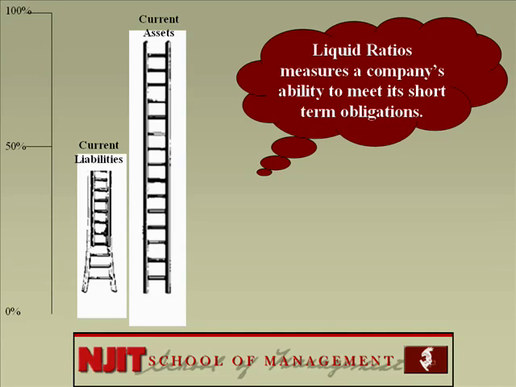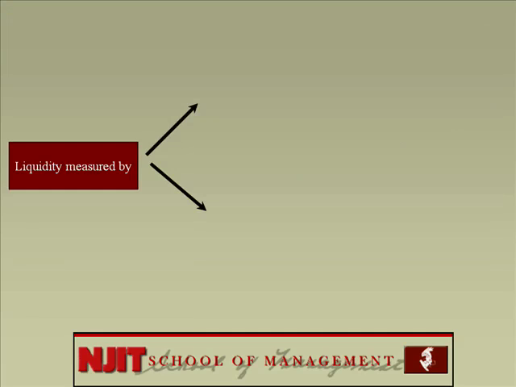So let me recap. Liquidity ratios measure a company's ability to meet its short-term obligations. Liquidity is measured by two ratios. What are these? They are the current ratio